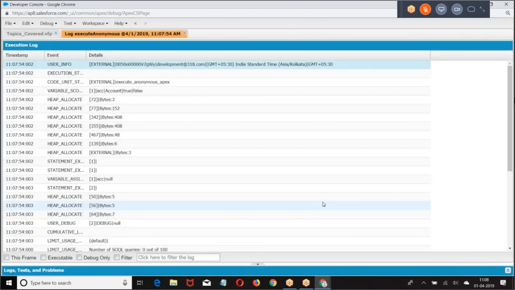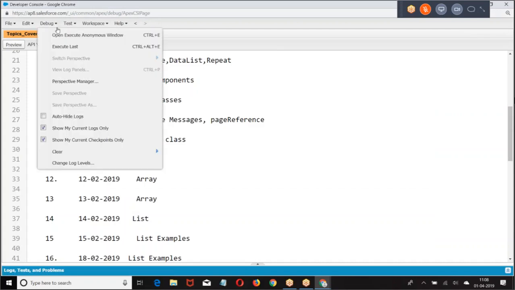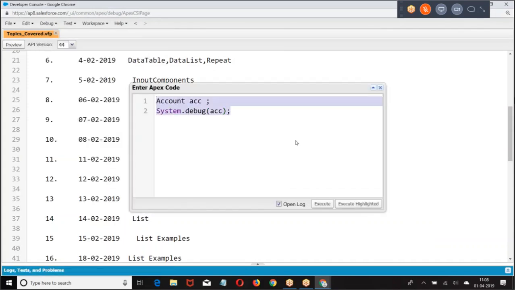If I straight away give Account, it is an error. When I say Account acc, acc is a variable and Account is a class. That Account class is referring to an sObject. Which sObject is it referring to? If you want to know it, we are supposed to define it like this.